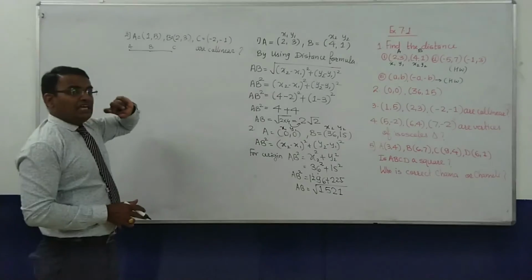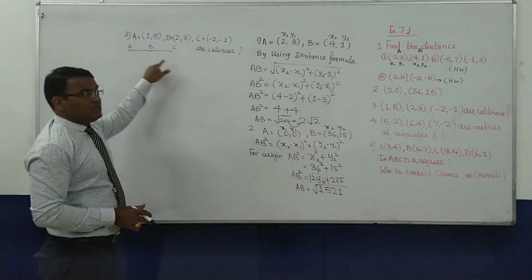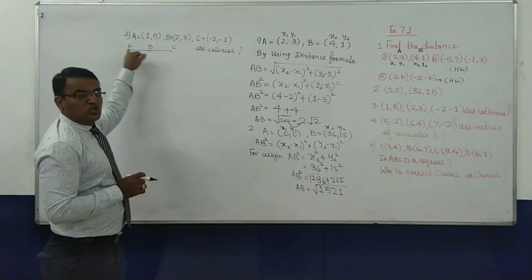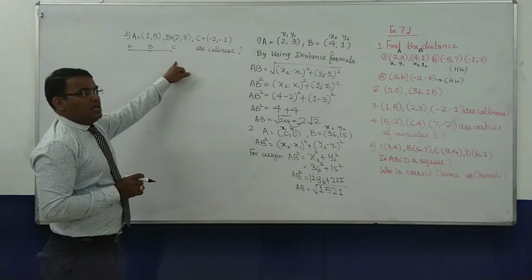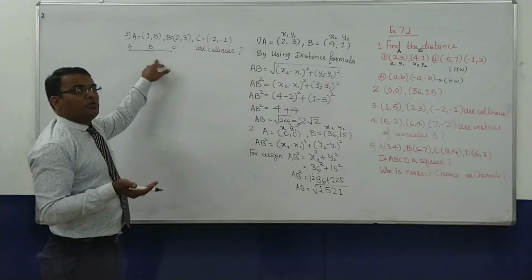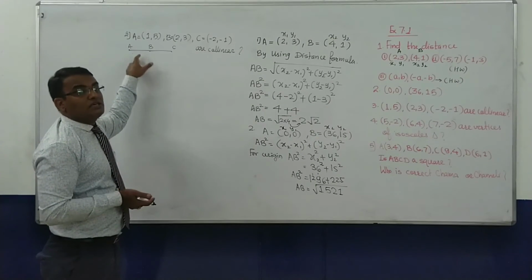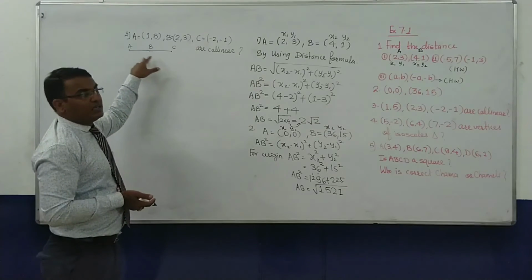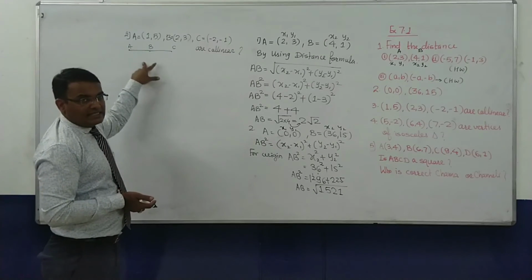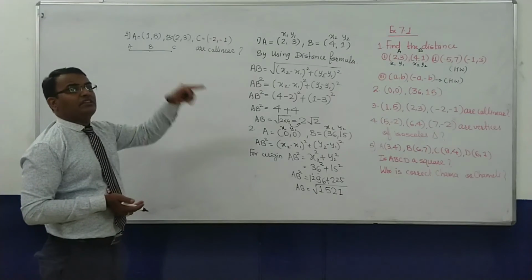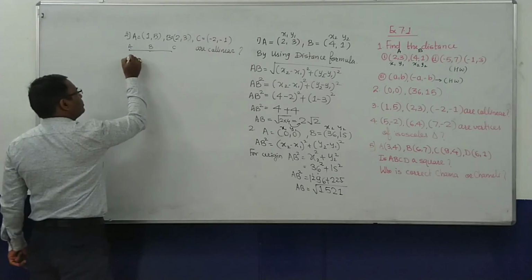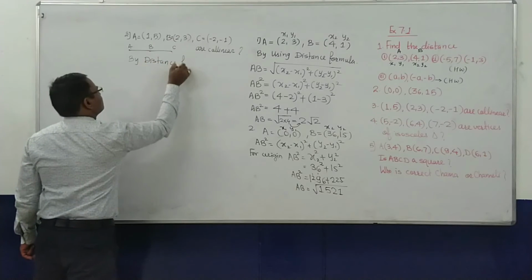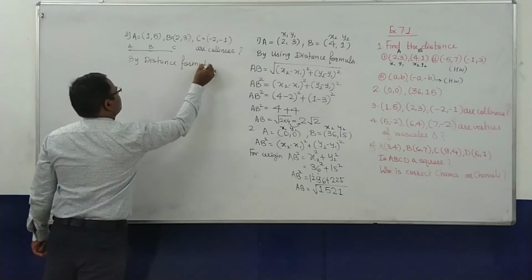How to identify? If we are considering AB, then the length of AB plus length of BC should be equal to length of AC. But in this case we don't know whether C is first, A is first, or B is first. So to do this, what will we do? First we will find the distance between AB, BC and AC, and then see whether after adding any two we get the third or no. So what will we do? By the distance formula, what will it be?